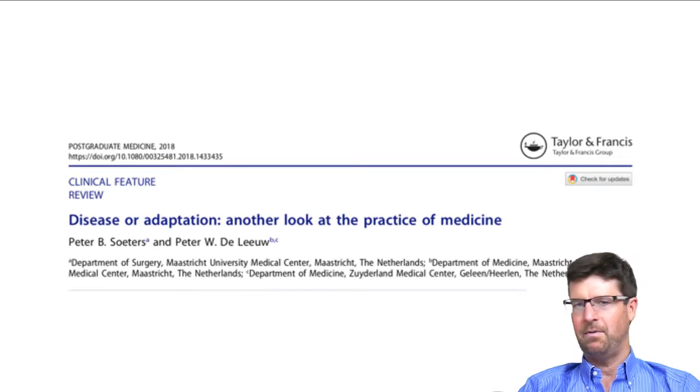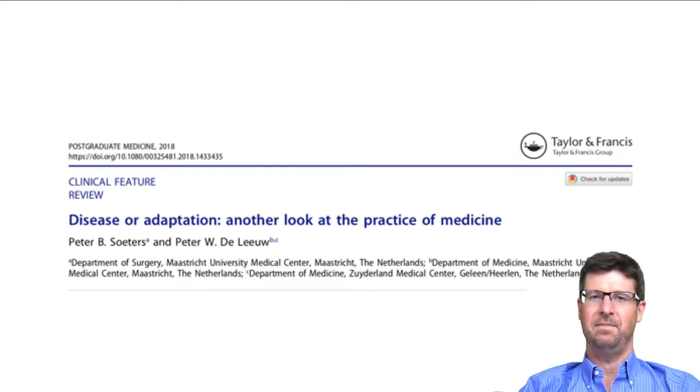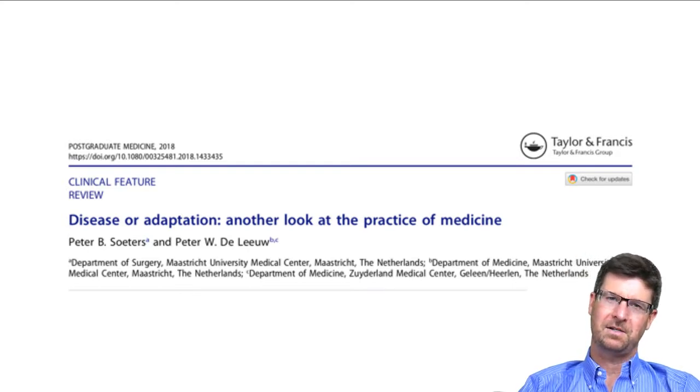A paper came out that I wanted to highlight here by Peter Soders and Peter DeLu. And I'm sure that I have mispronounced both of those names. But they write, Disease or Adaptation, Another Look at the Practice of Medicine. And I like this paper because it really does